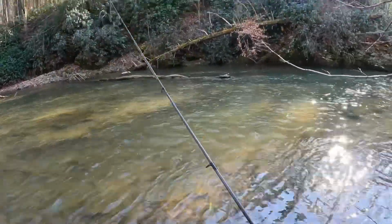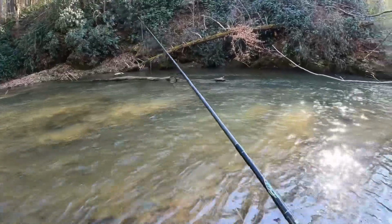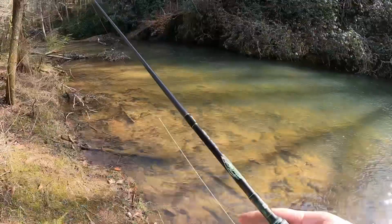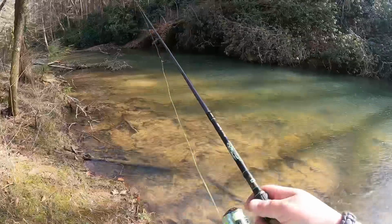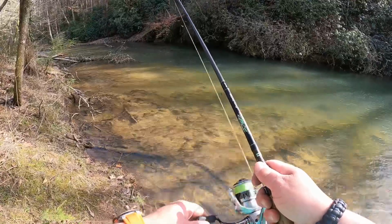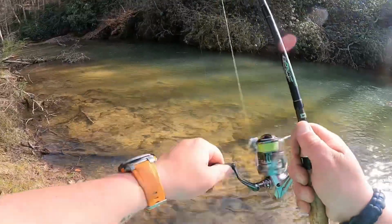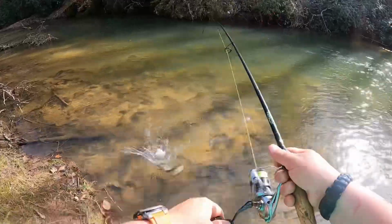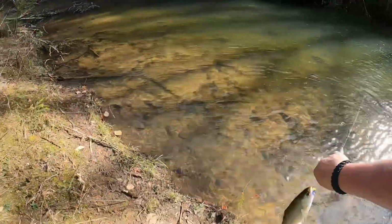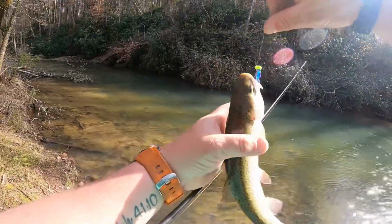Alright. I know there's at least one trout swimming around over there. I watched it come up at the end of this log and eat something off the surface. Got it. Where did it go? Ah, you're not. Alright. I wasn't expecting to catch this, so I didn't really come prepared, but got us a little rainbow. Chill. We'll try to...